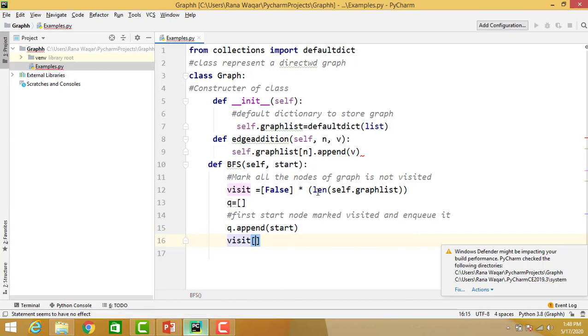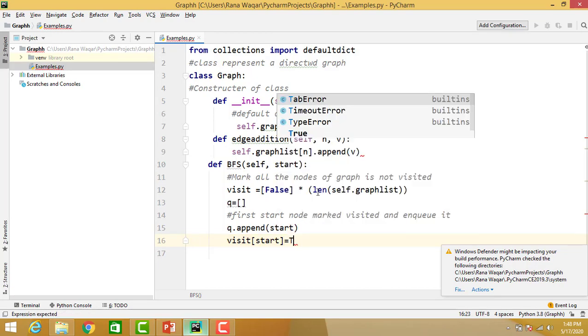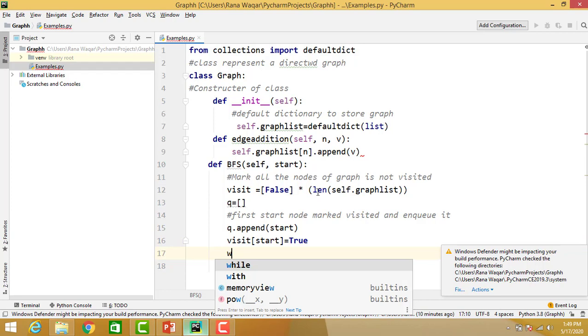Visit start equal to true. It's a boolean value, true or false.